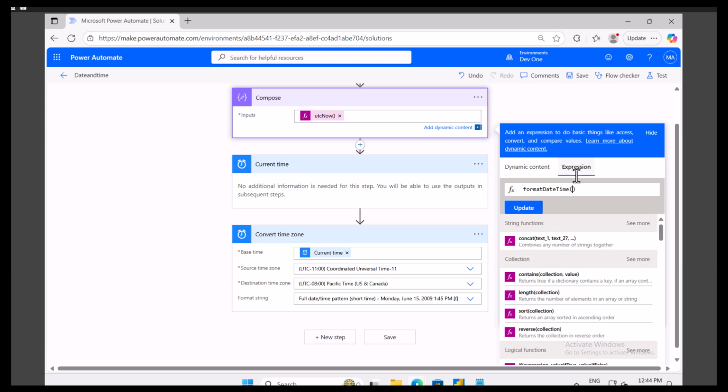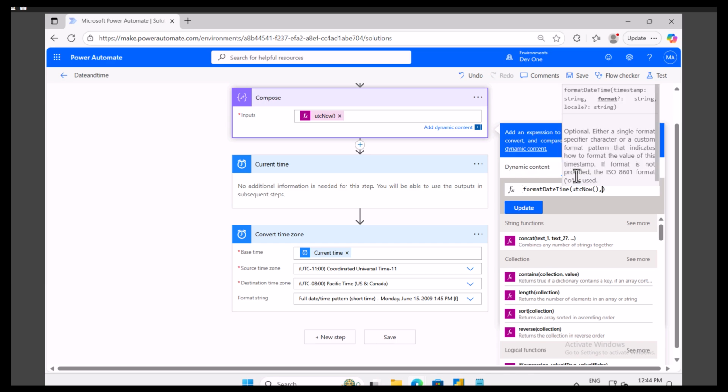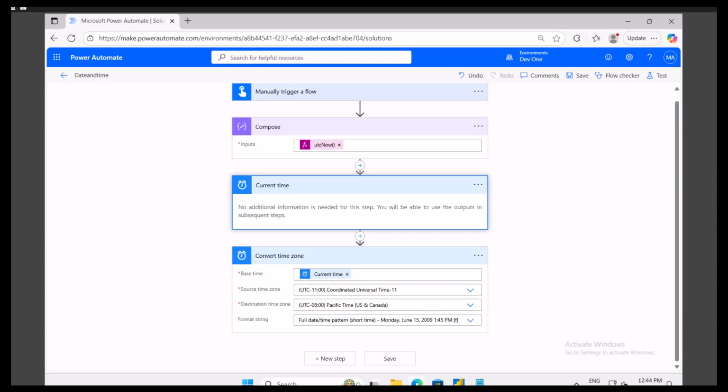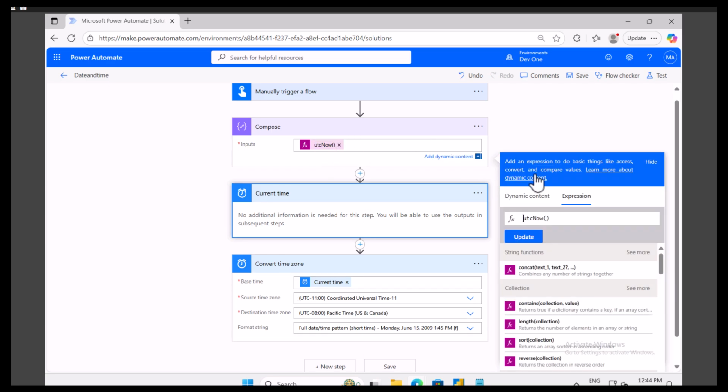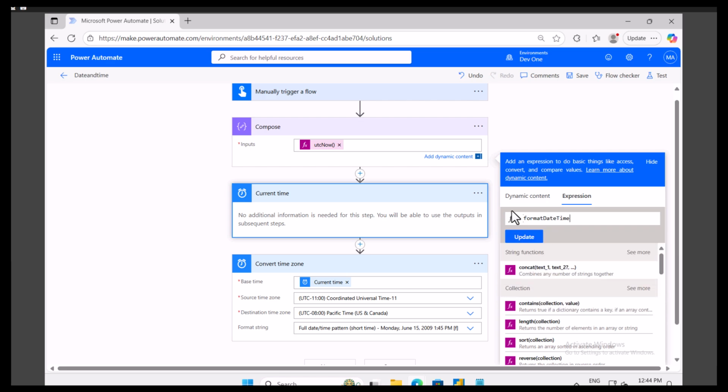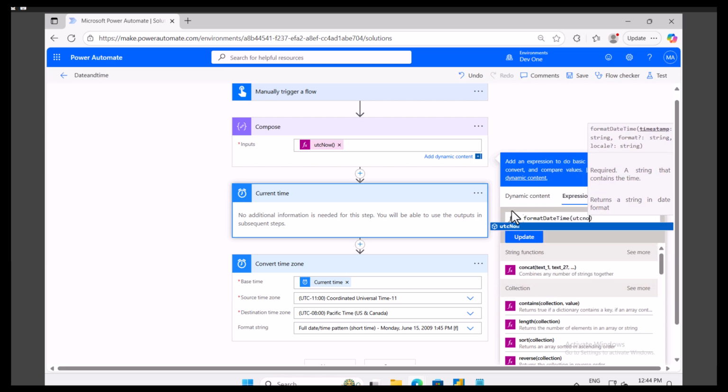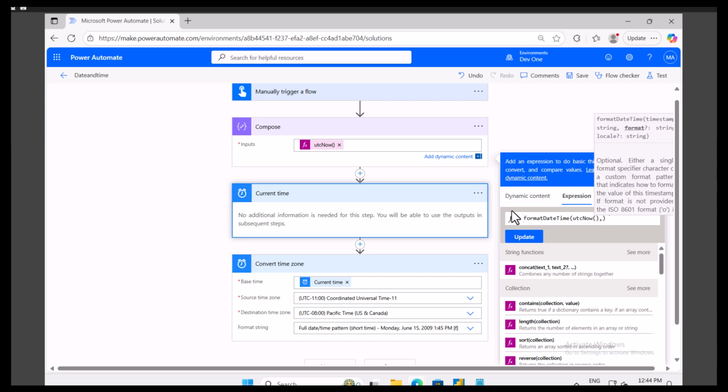Oh, I think it is asking here only, so I will simply pass utcNow here. Okay, and now let us assume I want a format like y first, and then... So I will again need to write format date and time. Then I need to pass a timestamp, and then I can simply